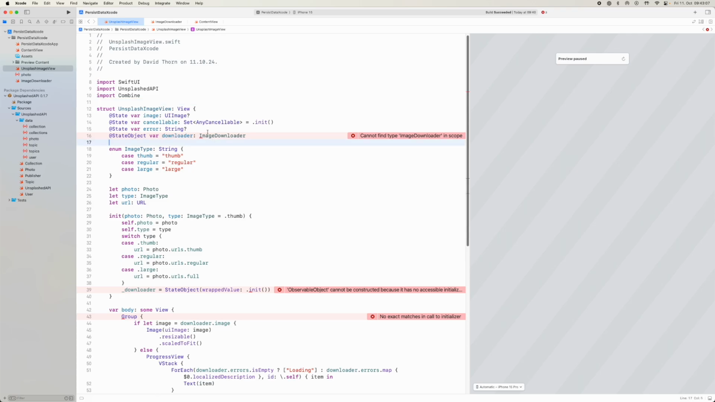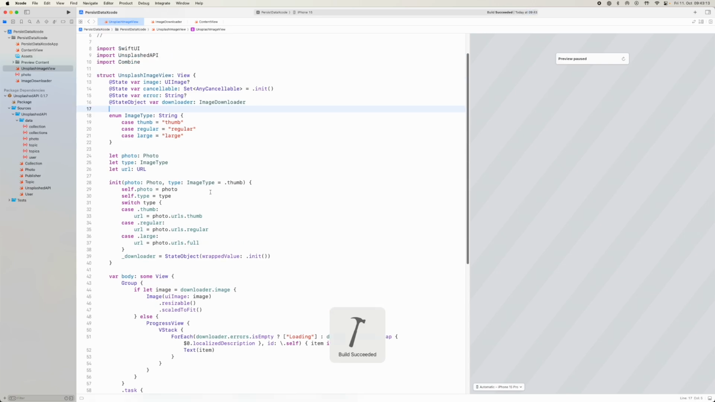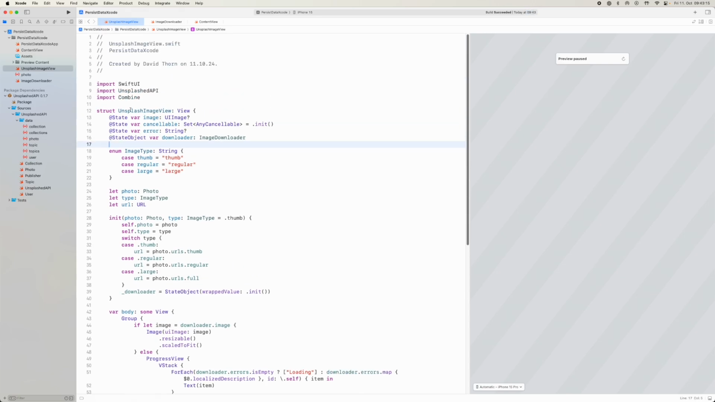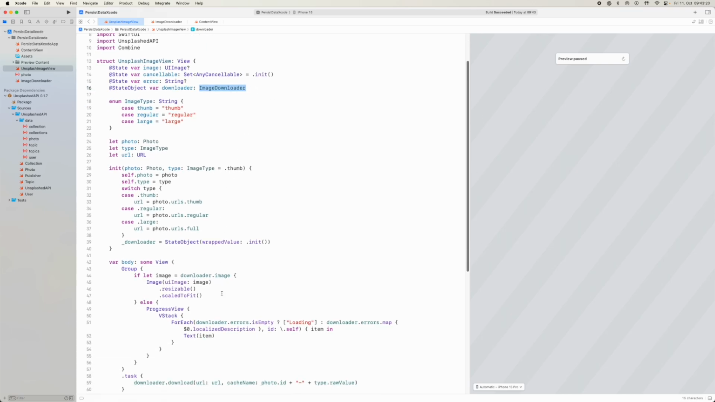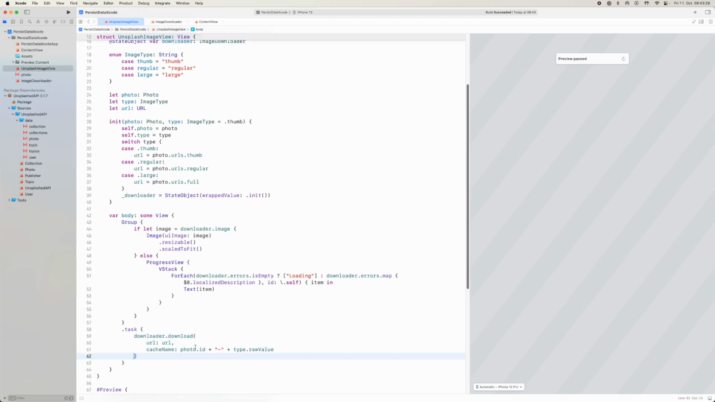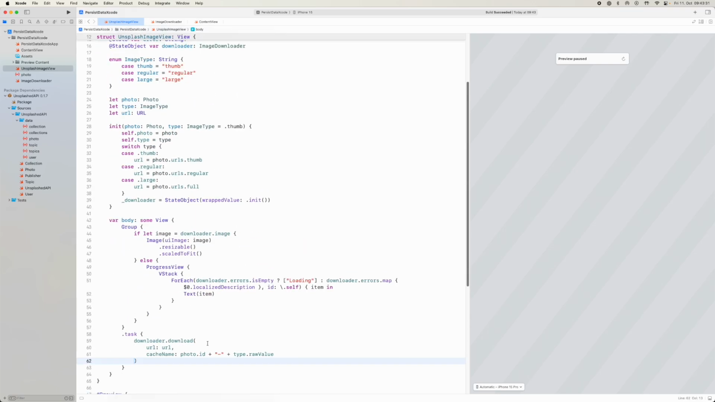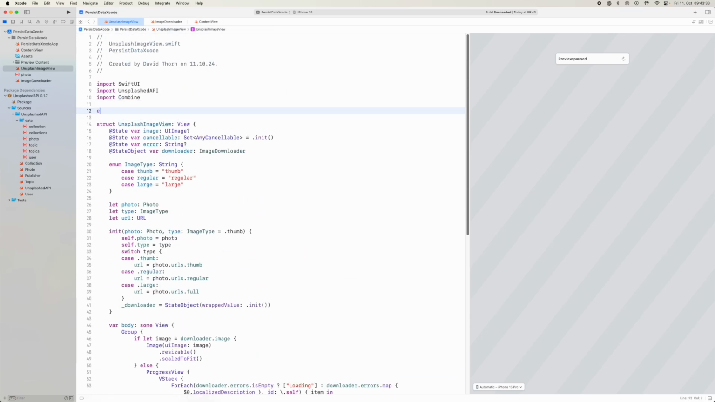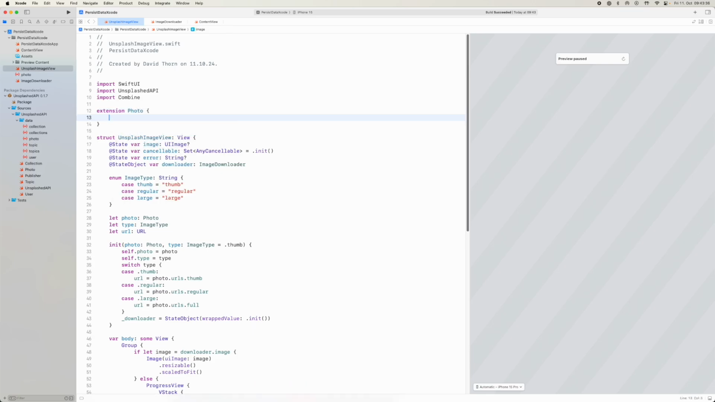Now let's have a think about this. The image downloader is bound to that one Unsplash image view instead, so it means they all get their own image downloader, which is good. We all then we say download URL here at the bottom, which is good. We could now make an extension on photo and say let's say